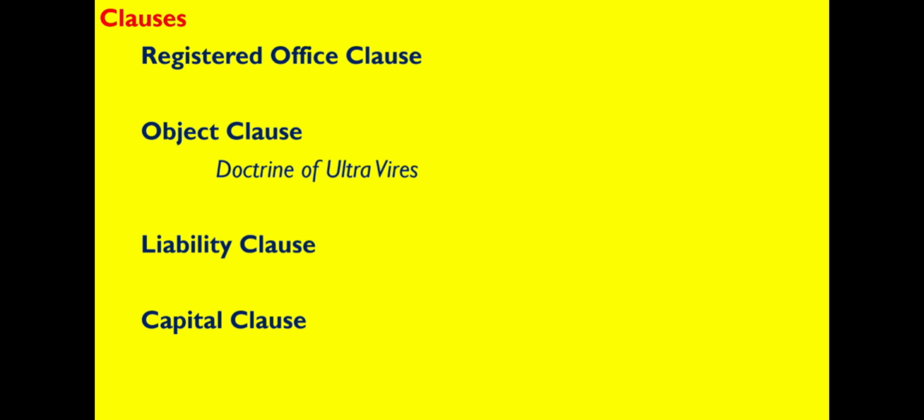Second, ultra vires borrowing by the company. If a bank lends to the company for the purpose not stated in the Object Clause, then the borrowing would be ultra vires and the bank will not be able to recover the amount. Third, ultra vires lending by the company. If the company lends money for an ultra vires purpose, then the lending would be ultra vires. Fourth, void ab initio. Ultra vires acts of the company are considered void from the beginning. Fifth, injunction. Any member of the company can use the remedy of injunction to prevent the company from doing ultra vires acts.